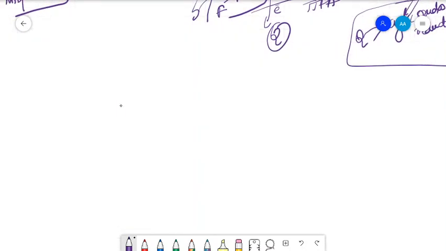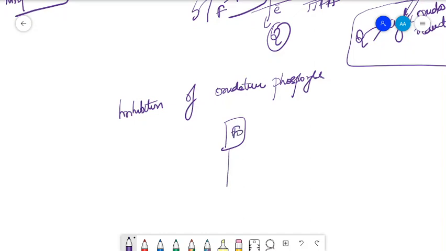Now, what are the inhibitors of oxidative phosphorylation? ATP synthesis occurs in the FOF1 complex, right? So this is the FO and this is the F1. A toxin named oligomycin blocks the proton flow through the FO complex. So oligomycin is an inhibitor of oxidative phosphorylation, and we know that the F1 subunit, the beta subunit, accepts the ADP